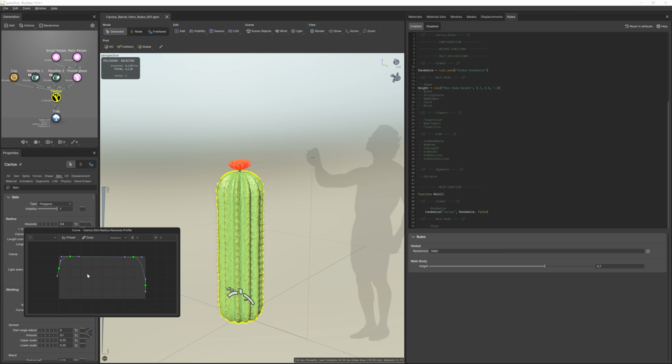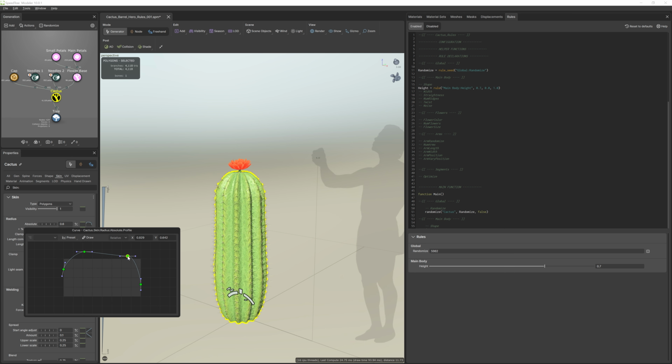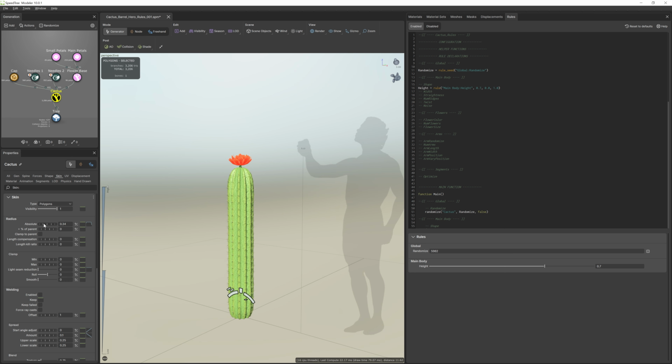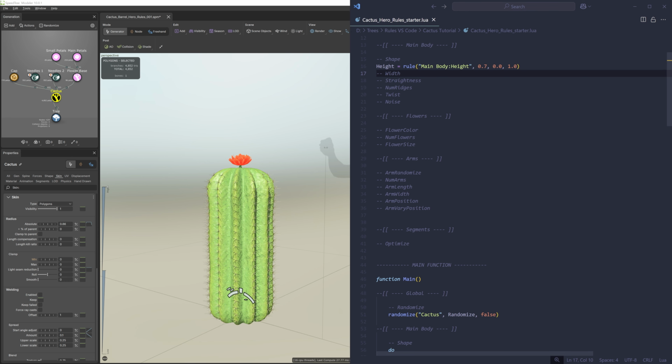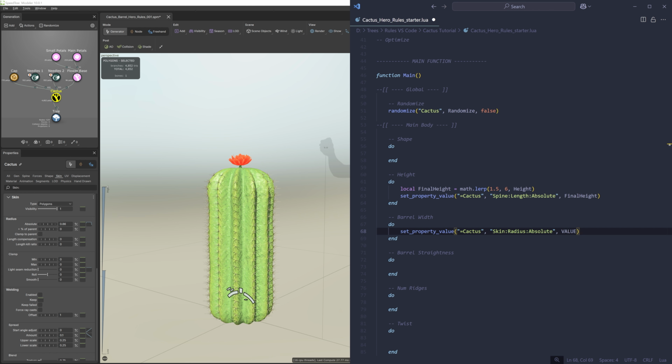However, what I'm going to do here is for the width rule, I'm going to modify the numerical value of the property. And for the straightness rule, I'm going to modify the profile curve. You can treat the numerical value and the curve essentially as their own separate properties. So this won't cause a conflict. We'll speed through the width since it's pretty standard. So choose the min and max values, write the definition, and write the body.